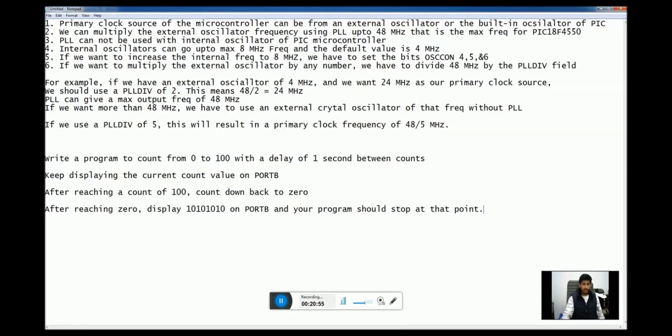So even if you write end, the program will not stop executing, it will not halt the processor, and you will keep seeing the display changing on your port B. So what you can do to halt your program, the most crude way, is to make a jump statement that will keep jumping on the same line. An infinite loop that will keep jumping on the same position. So the processor will be busy, but your program will stop at a certain location.